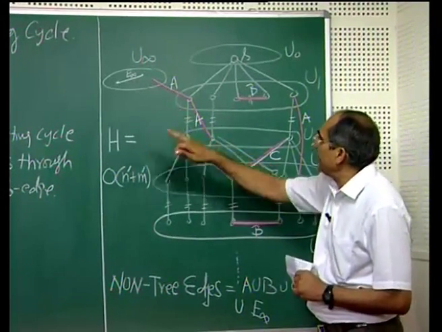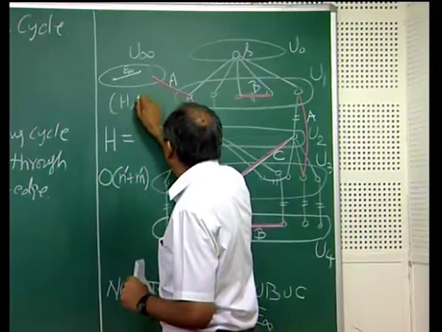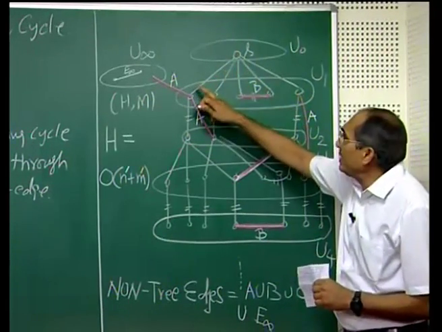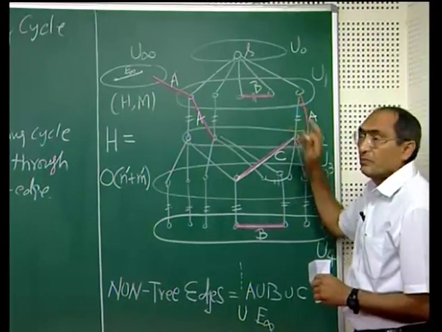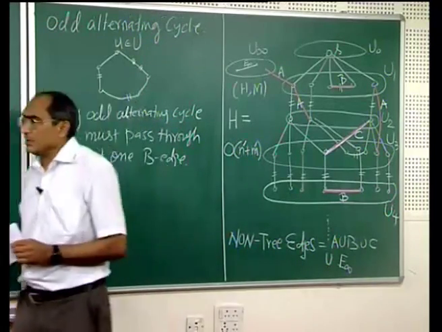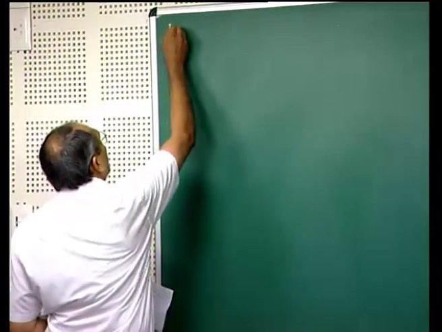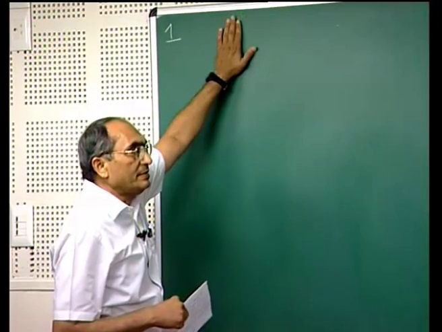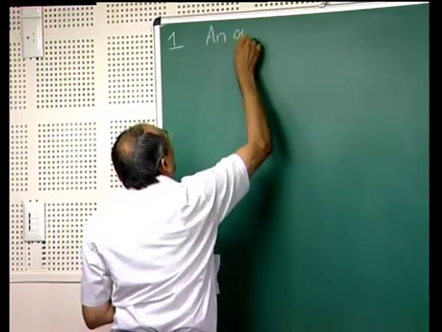All the matching edges of G are the matching edges of H. So, we have really a graph H and M with an abuse of symbol, same M that we have used in G. So, an alternating odd cycle will pass through S, and the claim says that it must pass through at least one B edge. So, we are armed with this information, and now we will begin the discussion for the computation of an augmenting path. So, let us first observe that an augmenting path in G,